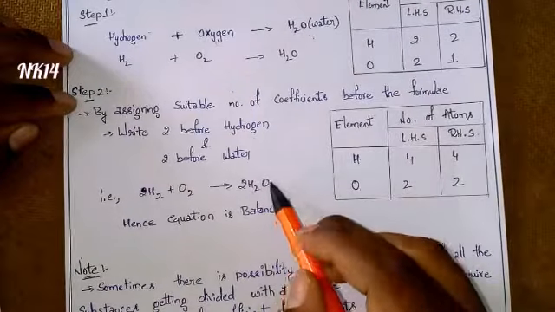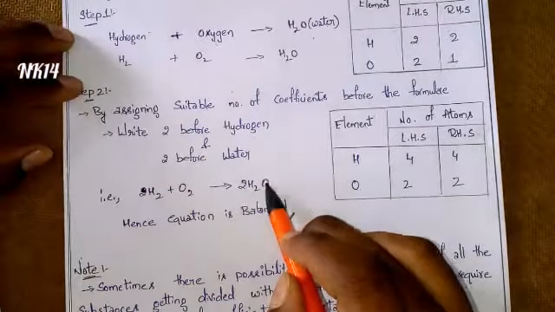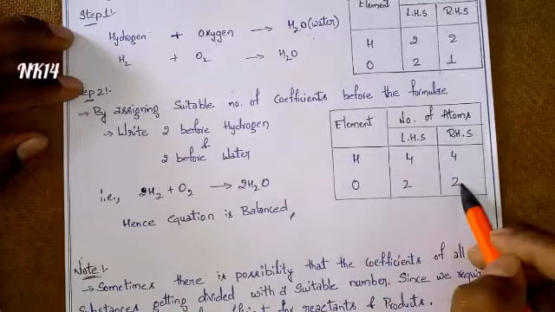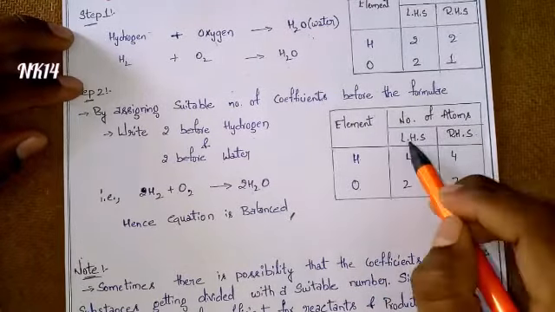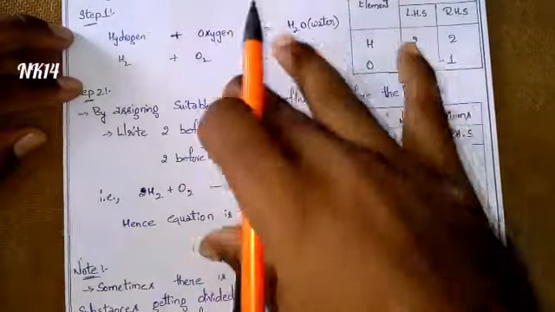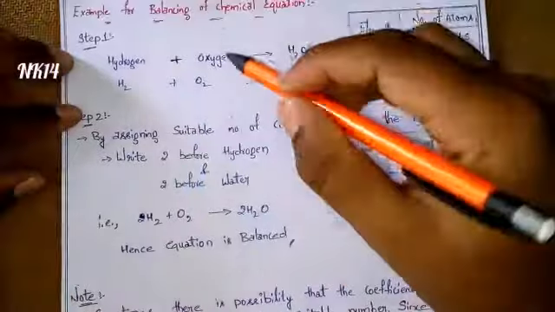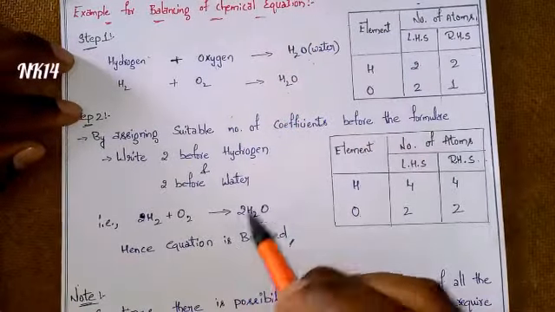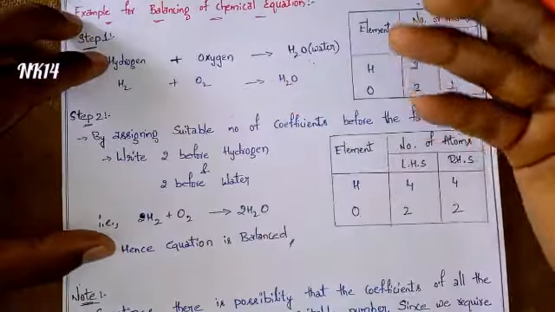Next, coming to oxygen, it has a coefficient of 2, so we are getting 2 again. So here oxygen is also balanced. We can observe that the LHS and RHS both are balanced. So by this we can say the equation is balanced. Hence we started with an imbalanced equation, and finally we finished with a balanced equation. As it is simple, it is easy to understand.